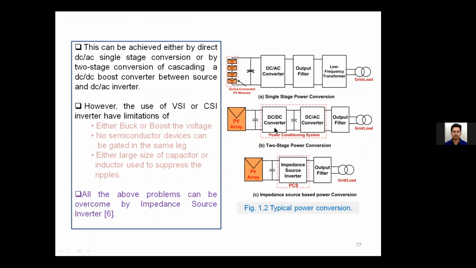So till now, in our discussion, wherever we have seen the multi-stage conversion or two-stage conversion, sometimes due to this two-stage conversion, there will be a reduction in efficiency due to the more number of components. So we can also go with the impedance source inverter, where we have a single-stage conversion. That's the advantage we get here. So even the impedance source inverters can be utilized for your EV applications.